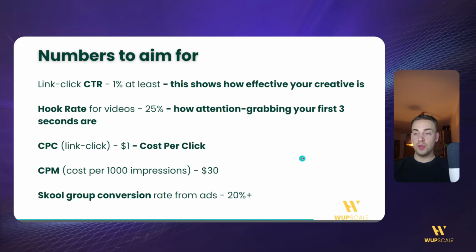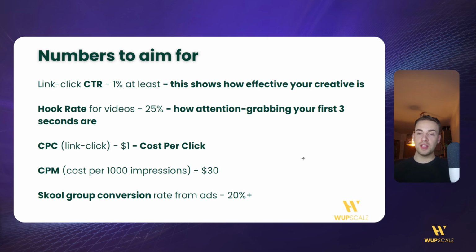Next, if you can actually set up a custom metric to track your Skool group's conversion rate from the ads specifically, this should be around 20 to 30%, but of course we assume that your messaging is clear, your creative is clear, you talk about your offering, and then they go to the about page that reflects the same offer. So if there's a relation between the messaging, your conversion rate is going to be higher. So from the ads, at least 20%. Otherwise, there's a drop off between your messaging in the ads and the messaging on your about page.